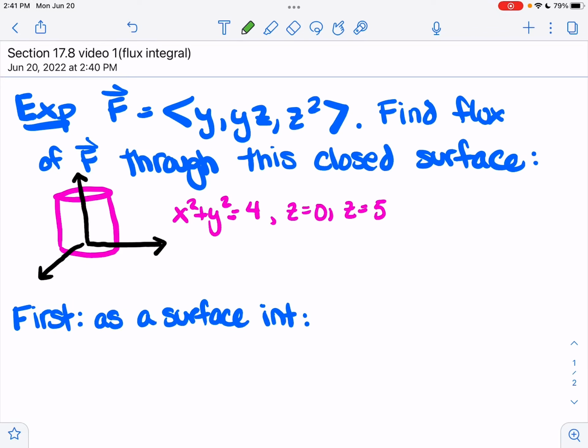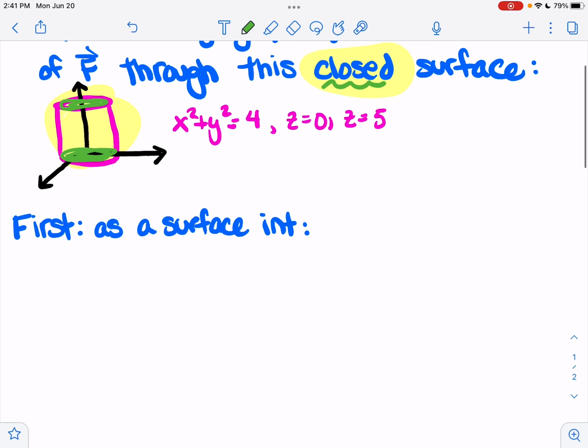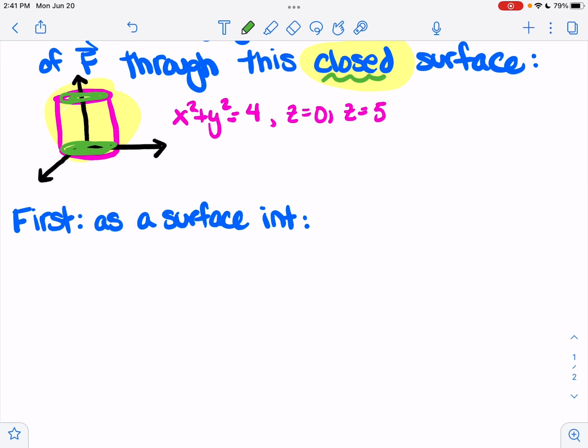We've been asked to find the flux of this particular vector function through a cylindrical closed surface. Closed here means that we're including the top and the bottom as part of this surface, and that changes what we're doing. So we're going to do this traditionally as a flux integral first, as a surface integral like we would have done in section